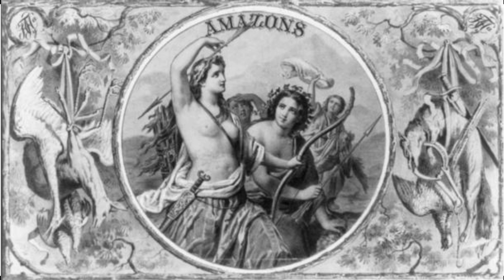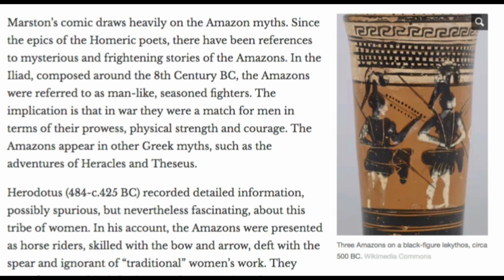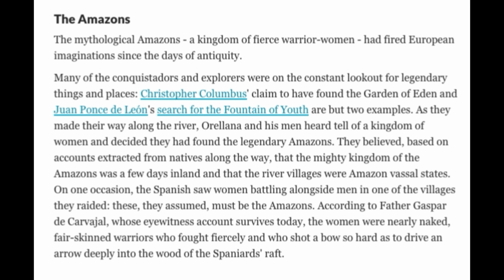Alright, so we're taught that this is a fable, this is a legend, it's just mythology. But where do they get these legends and mythology from? You know they hijacked the aboriginal truth. Because as it says here, the mythological Amazons, a kingdom of fierce warrior women, had fired European imaginations since the days of antiquity. Many of the conquistadors and explorers were on the constant lookout for legendary things and places. Christopher Columbus claimed to have found the Garden of Eden, in the Orinoco when he got there, I believe on his third or fourth voyage. He said that this river Orinoco must be coming from the terrestrial paradise. And Juan Ponce de Leon's search for the fountain of youth, we already talked about that, are but